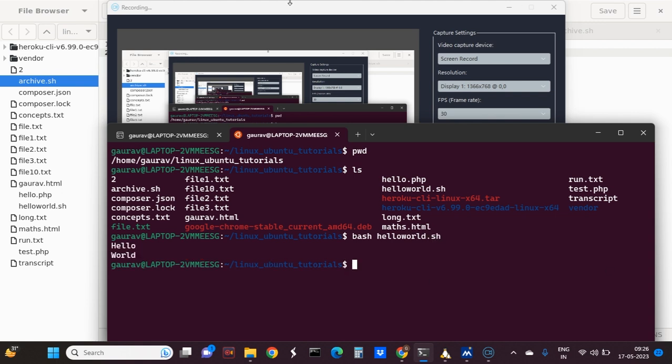The output will be printed as hello world. But suppose I want to store the result of the bash in a file, result.html. So I will write bash hello world.sh, and I will pipe the output of this to cat,